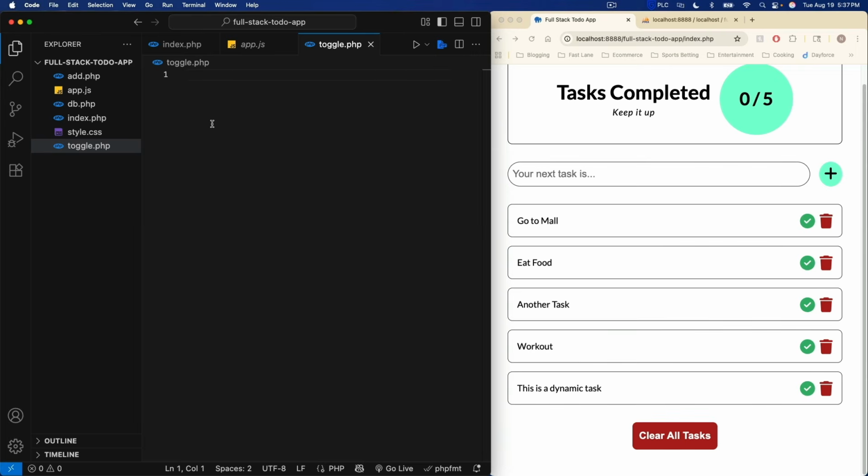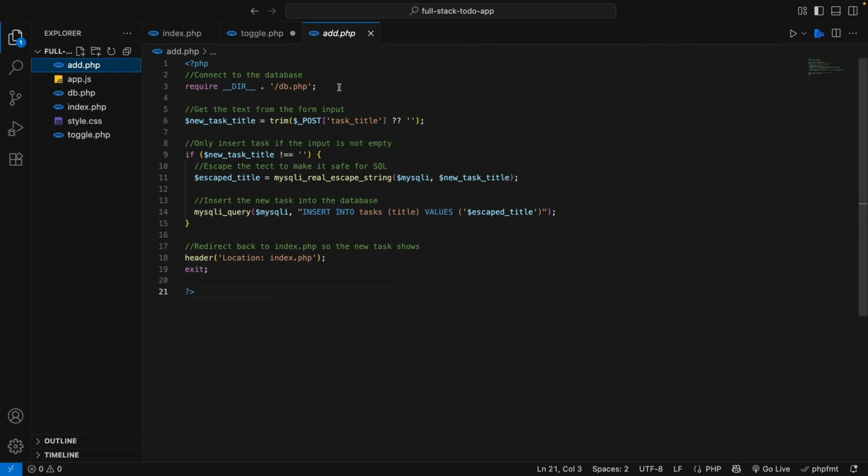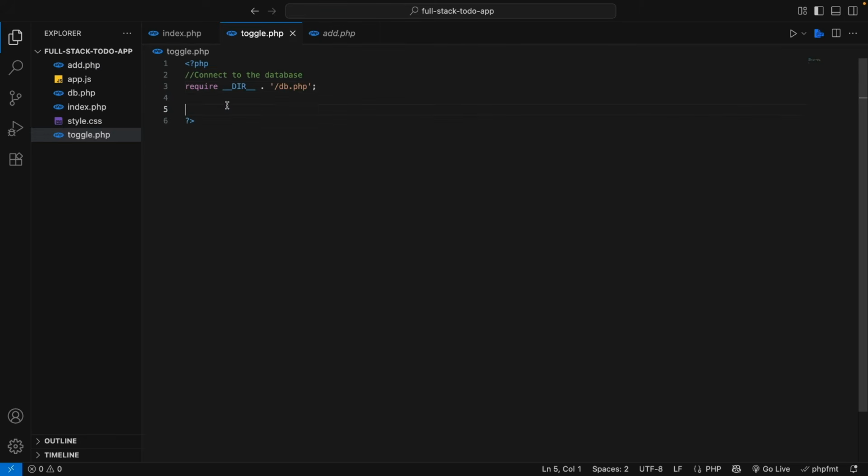So we're here in our toggle. Let's do our opening PHP tag, closing PHP, and let's just make this full screen for you guys. And remember, we need to include our database, so let's go copy this require database code and paste it right there. And now we need to write some code that will get the ID from our hidden input that we put in for both of them, but first we're doing the toggle one. So we're going to say get the ID from the hidden input,